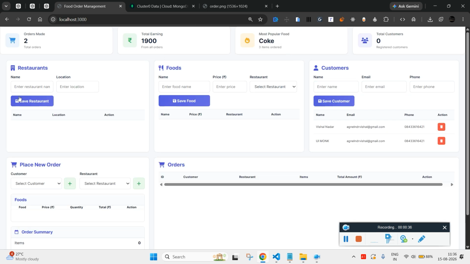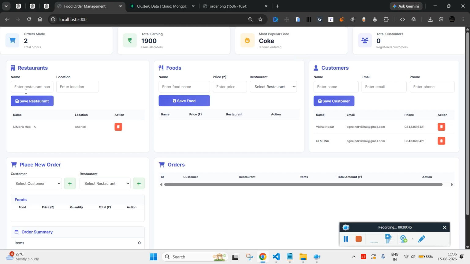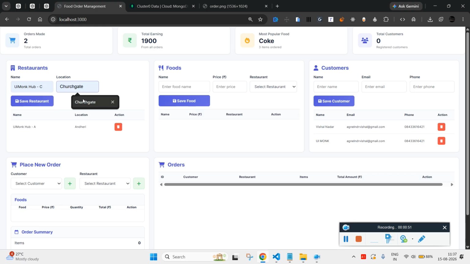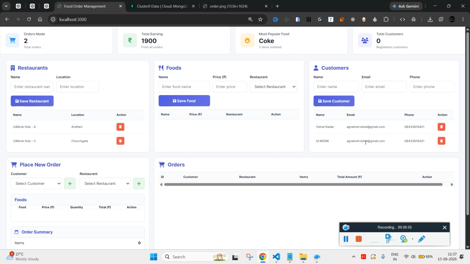And now I'm going to add a restaurant which is in Andheri. Click on save restaurant. Then I'm adding another restaurant which is C, which is in Churchgate. Click on save restaurant. Now you have two restaurants and two customers, and in these restaurants, what are the foods